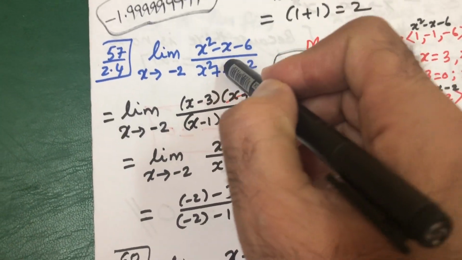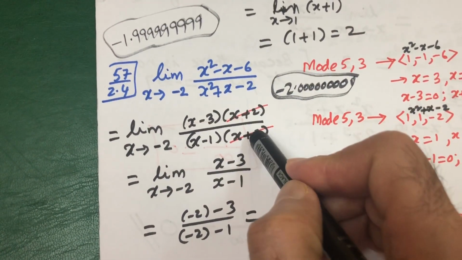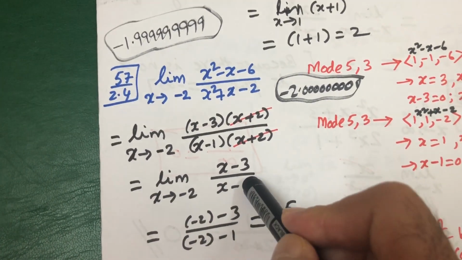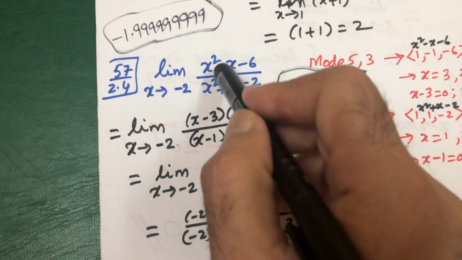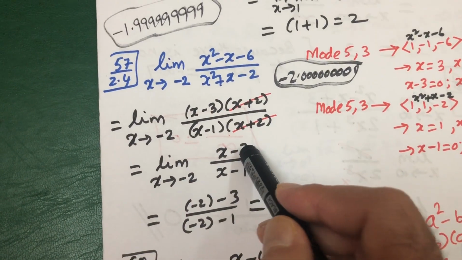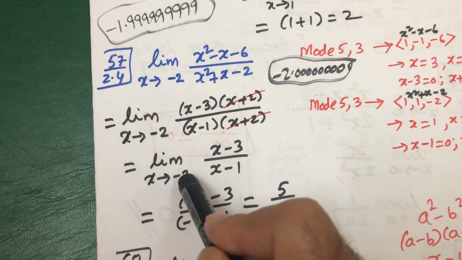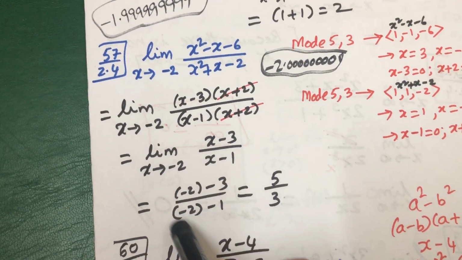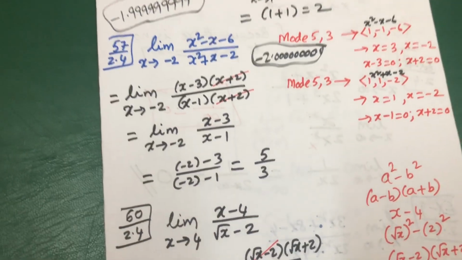See, this is the problem, and they put a trouble inside the problem. So I removed the trouble. Now this is the problem. If he had given us the problem like this, it would have been easy for us. But he wants to trouble us, he gave it like this. So we removed the trouble, and here is the problem. How to do a limit problem? Simply put x equal to minus 2. Minus 2 minus 3, minus 2 minus 1. As long as the down is not equal to 0, we get 5 over 3.